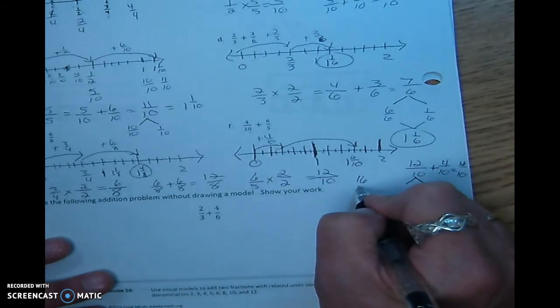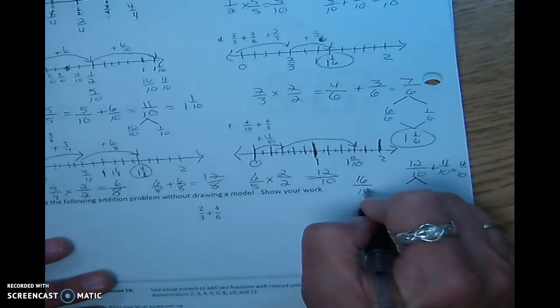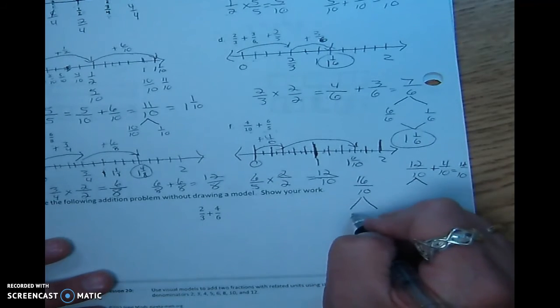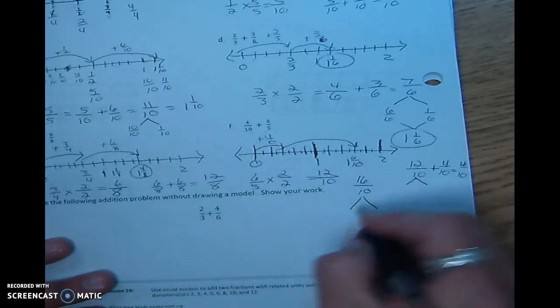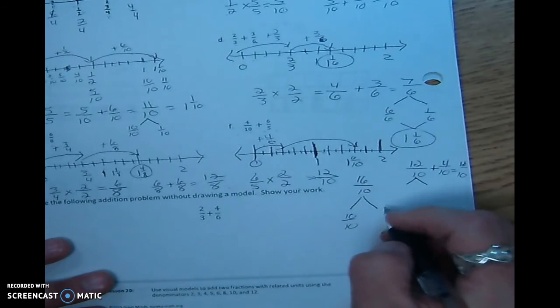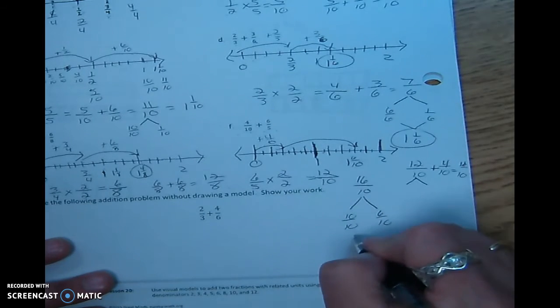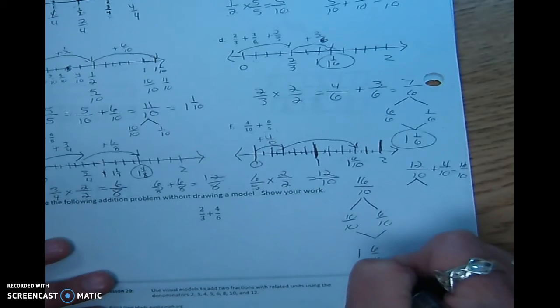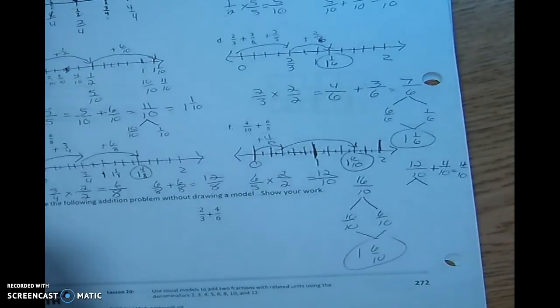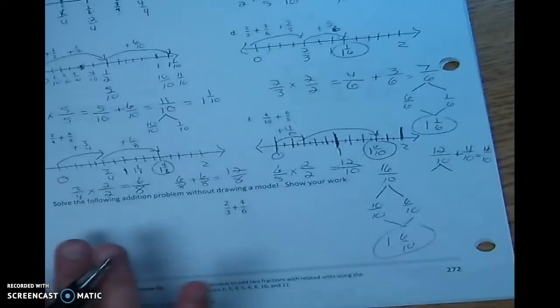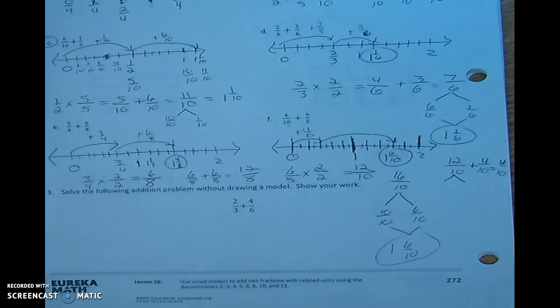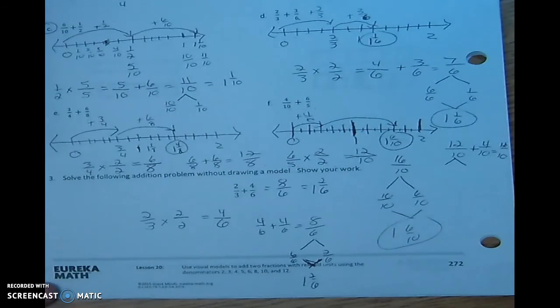We can take 16/10, break that apart, and we have 10/10 and 6/10. And then we have 1 and 6/10. Same answer. Okay, pause it and do the next one, come back and check your answer. There's not much time, so go ahead and pause it, check your answer with mine, and we're